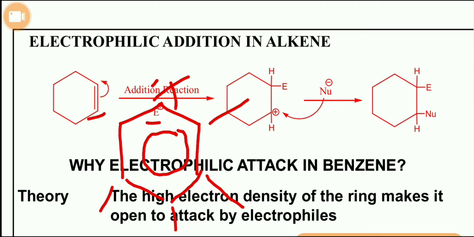So in this case, what is going to happen? Instead of by a nucleophile, the electrons are attacked easily by the electrophile. So keeping this in mind, we can say benzene is attacked by an electrophile, instead of a nucleophile. And further we go,